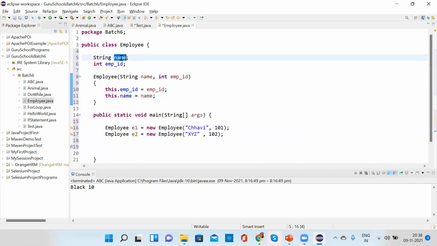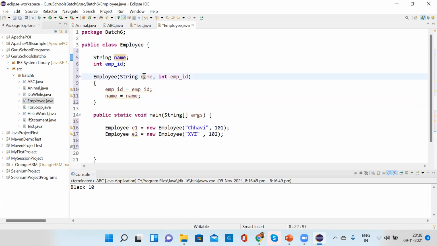When I select this name, it is highlighting this one, so this is an instance variable. If I remove this and select the name, it gets confused. It is not showing any highlighted thing.